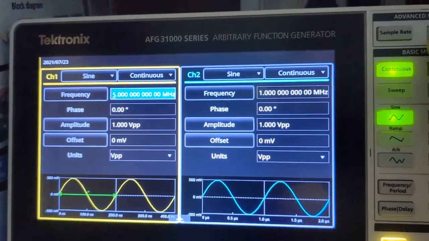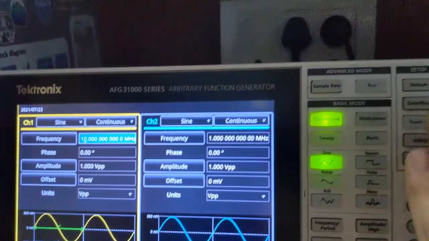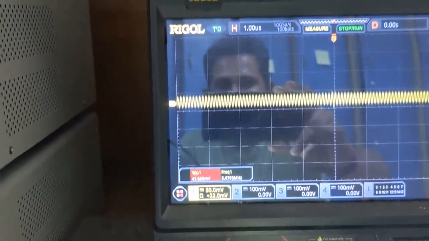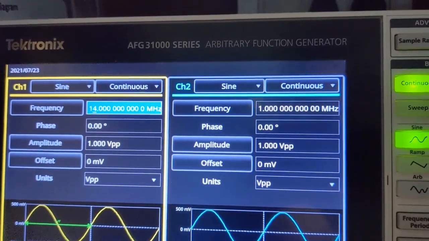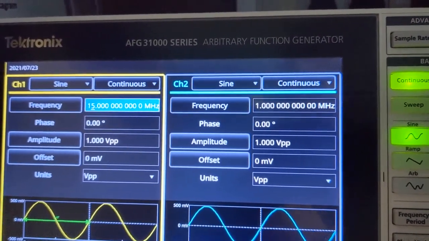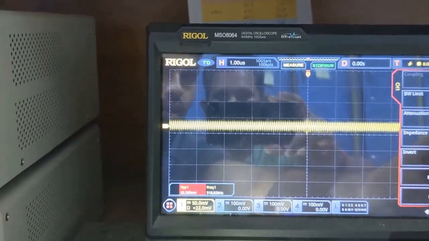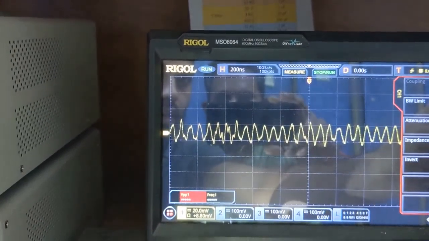Again I am increasing the frequency, at 10 megahertz the amplitude of the signal is nearly 40 millivolt. At 15 megahertz, the amplitude of the signal is now 37 millivolt.